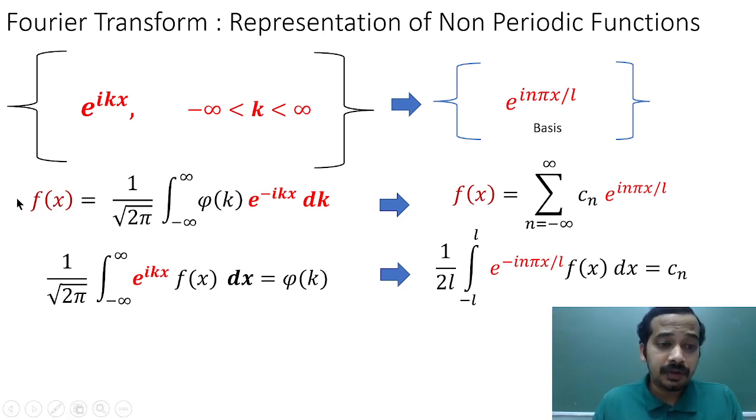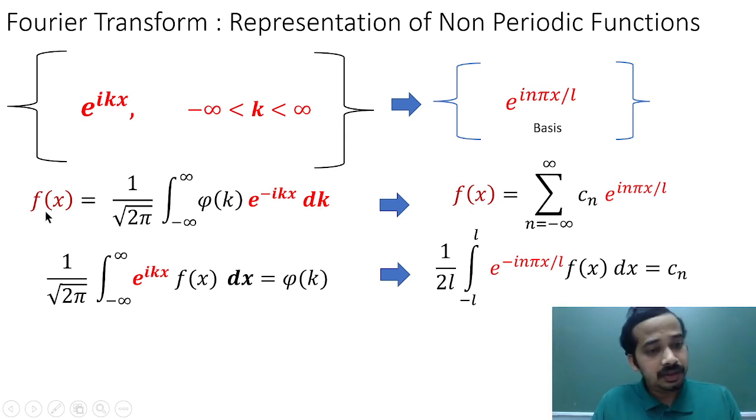You can express any function in terms of this one, but this is an integral because this is a continuous basis. Because it's a continuous basis, you can express any function in terms of an integral. It will become integration. Just like here, our coefficient depends on n, and we make the summation over n. Here our coefficient depends on k because our integral is with respect to dk. So the only difference is that it's an integral.